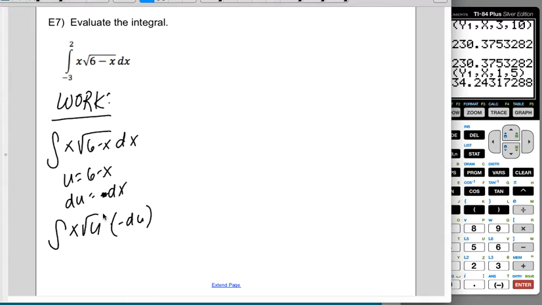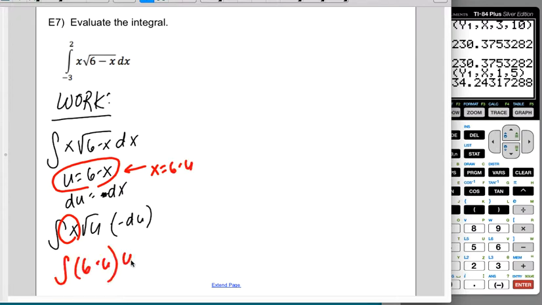Well, that's fine, but what am I going to do about this pesky x? Well, what I'm going to do is I'm going to use this to recognize that if I switch and add the x over and subtract the u, I get that x is 6 minus u. So this is the integral of a 6 minus u times a u to the 1/2, with a negative out in front that we'll deal with in a sec. So I get that this is a negative 6u to the 1/2 plus a u to the 3/2 du, right? When I integrate,